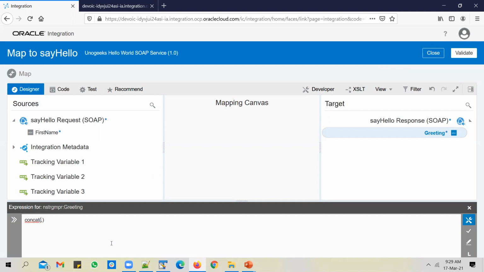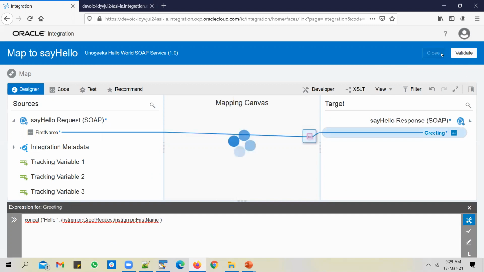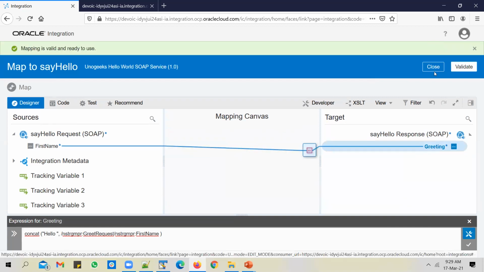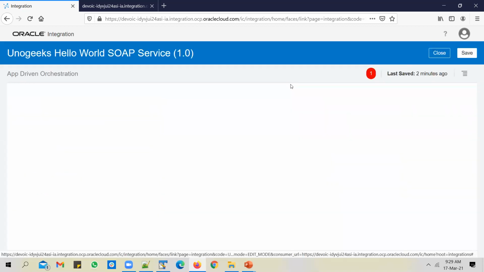Concat function takes in two parameters. The first one, I want to prefix hello to the name, so I'll use hello space as the first parameter. And as the second parameter, pass in the name that you receive from the client. With the help of the concat function, we are just prefixing hello to the name. Save the function, validate, and close the mapper.